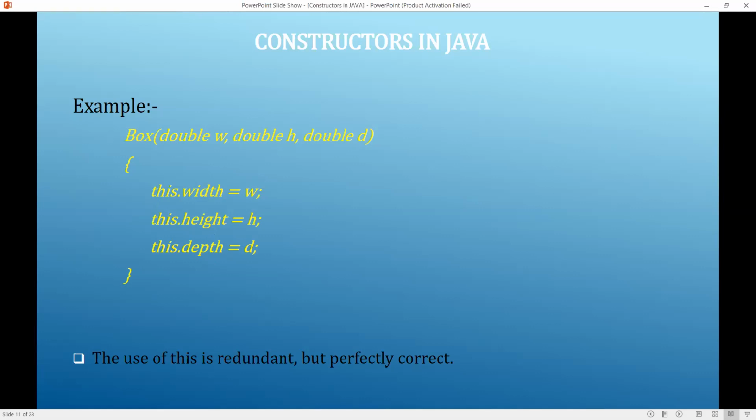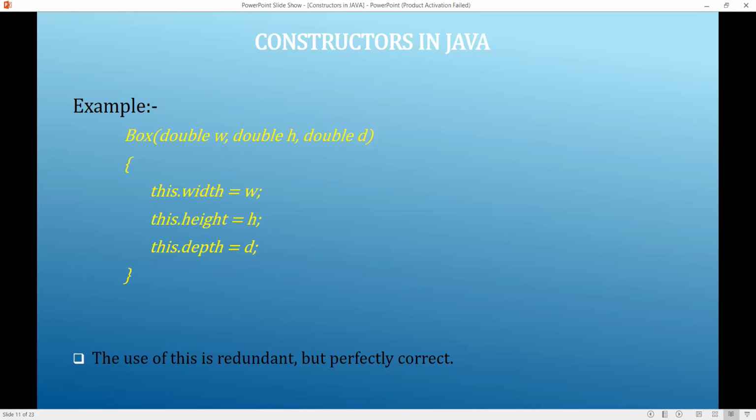Local variables we cannot use this with. Local variables here means this W, H, and D. We cannot use this with W, H, or D. We can use it with our class variables, instance variables, or instance methods. Actually, this program compared with our earlier program has no difference. Only one extra thing is used.